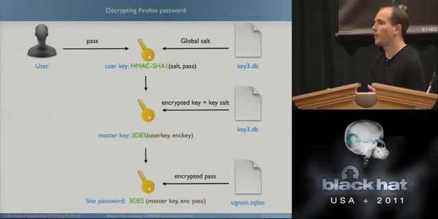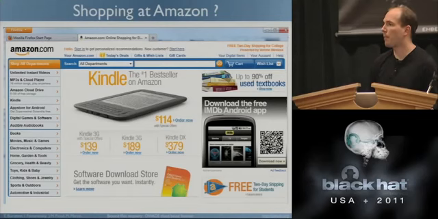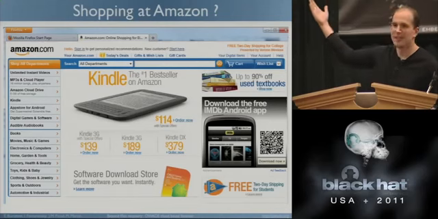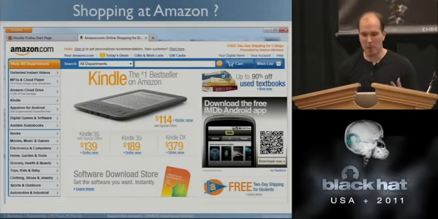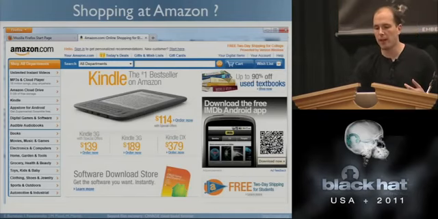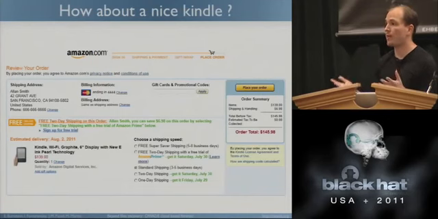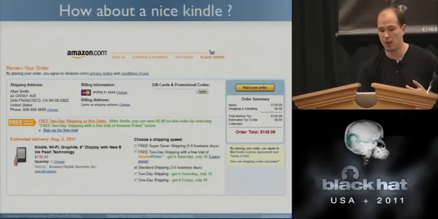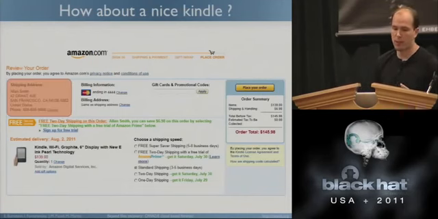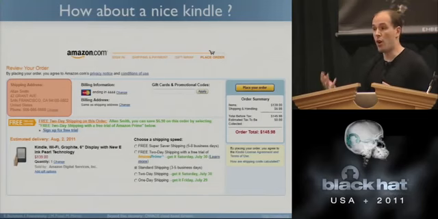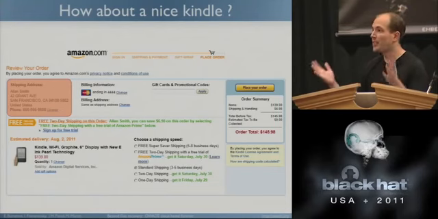But that's not where the story ends. How many of you are actually shopping at Amazon? No one is shopping at Amazon? Come on, raise your hand. I do. Okay, a few people. So when you shop at Amazon, you have to realize that you have inputted a lot of information about yourself. For instance, your name, your address, your phone, and your email. And you have to make this real, because otherwise you will never receive your shiny Kindle.